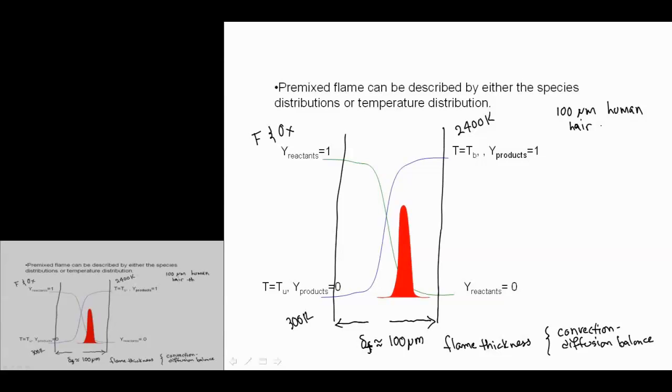That even within this 100 micrometers, there is an incredible amount of complexity and all sorts of things happening, among which the reactions take place. So within that 100 micrometers, there's a region probably about 10 micrometers where the actual reactions take place, where the conversion processes are happening, where the detailed evolution of all the different